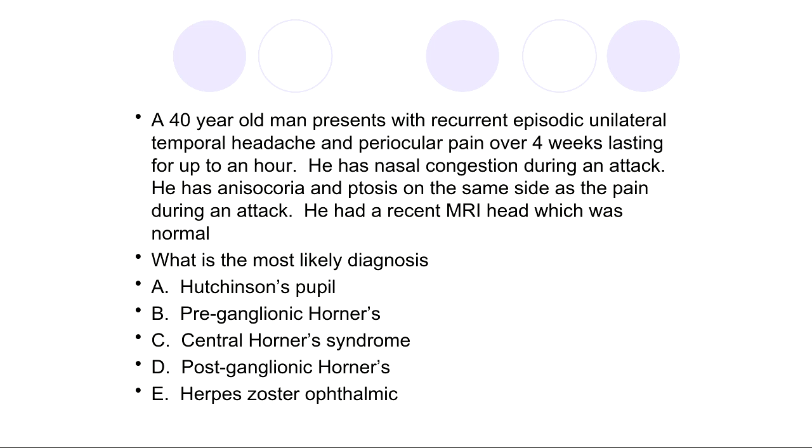A 40-year-old man presents with recurrent episodic unilateral temporal headache and periocular pain over 4 weeks lasting up to 1 hour. He has nasal congestion during an attack. He has anisocoria and ptosis on the same side as the pain during an attack. He had a recent MRI of the head which was normal. What is the most likely